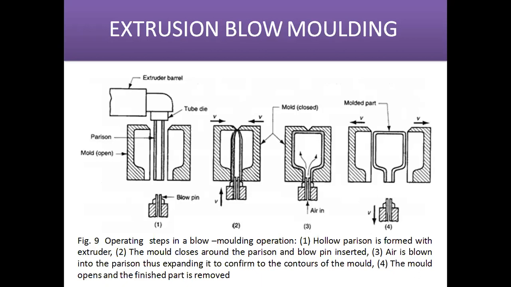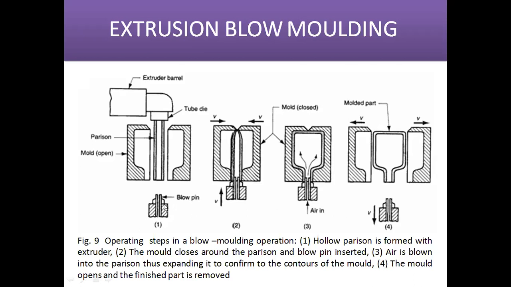So first we will discuss the first one, that is called the extrusion blow molding process. In extrusion blow molding, there is an extruder, and from this extruder we get a plastic material called the parison. Through this extruder we get the softened plastic material in the form of parison, which is also called a preform. Then that softened plastic material enters into the mold,